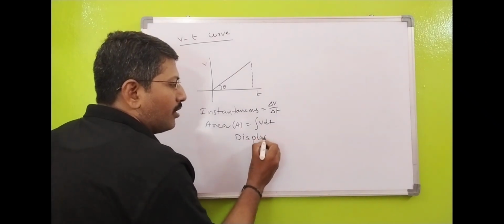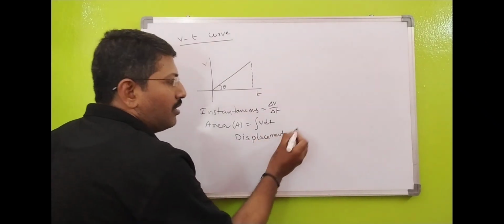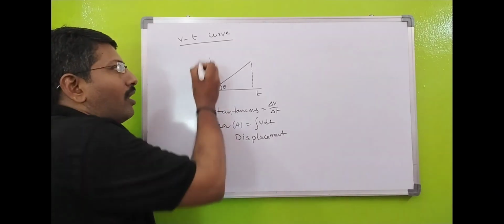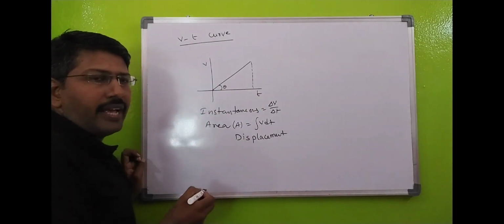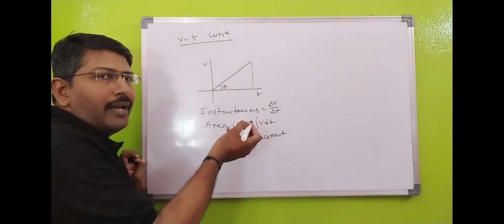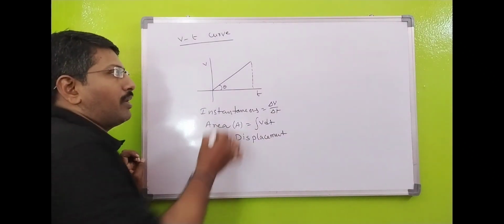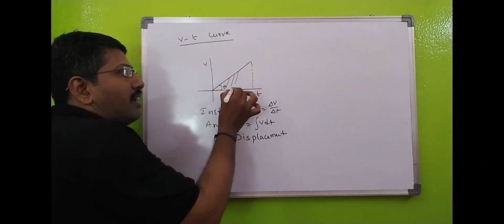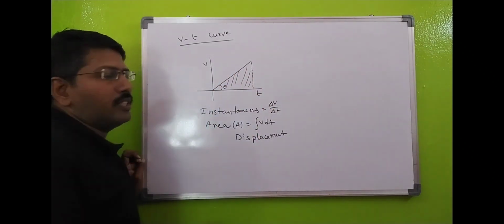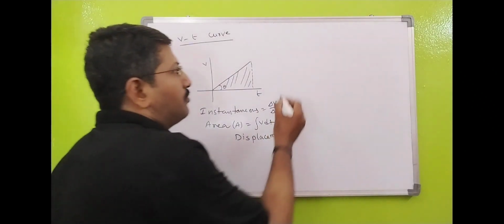Displacement. A graph drawn between velocity on the y-axis and time on the x-axis. At the same time, the area under the curve represents, this is the area, this area represents displacement. Next, if you observe here,